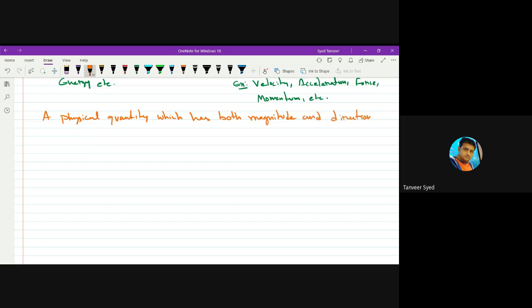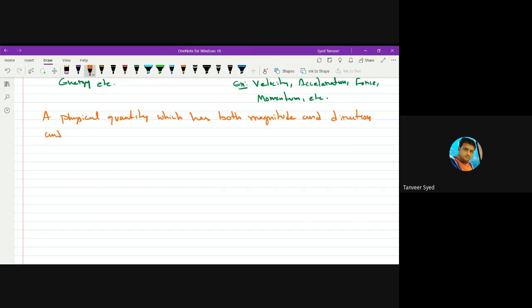This is not a complete definition of a vector quantity. Many students stop here: a vector is a quantity which has both magnitude and direction. That is not a complete description. The complete description is: a quantity which has both magnitude and direction,